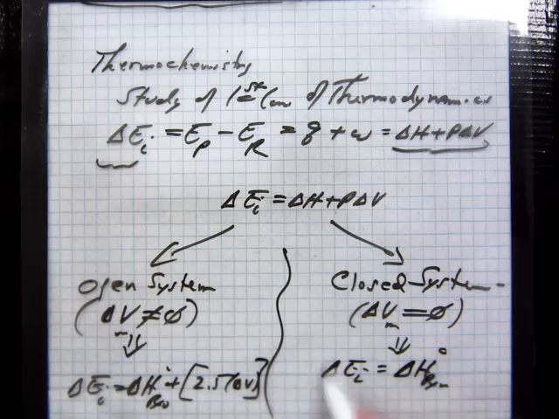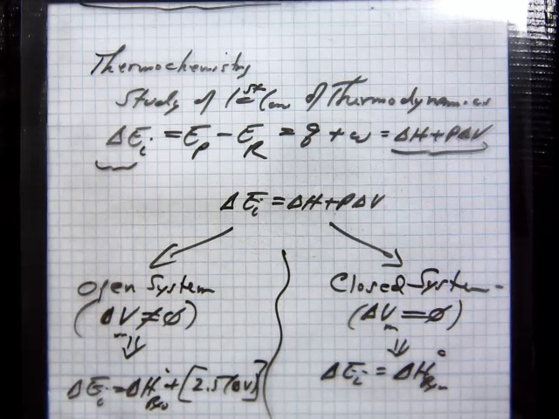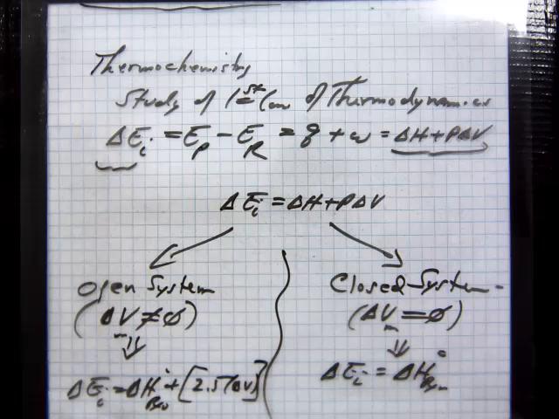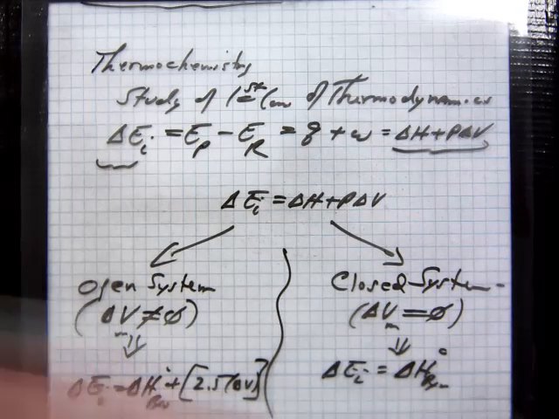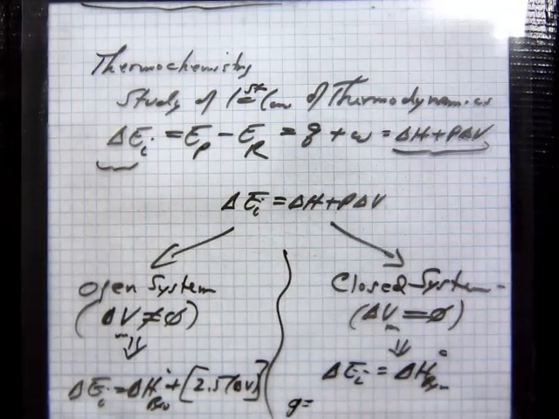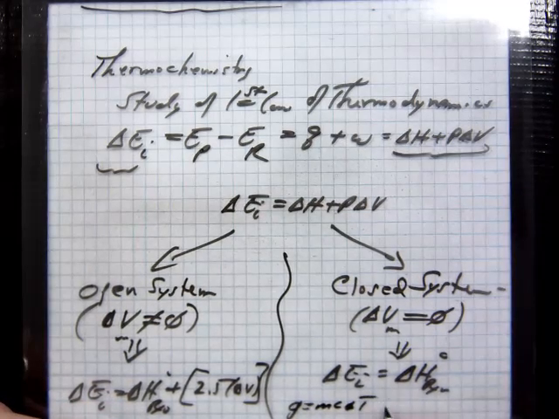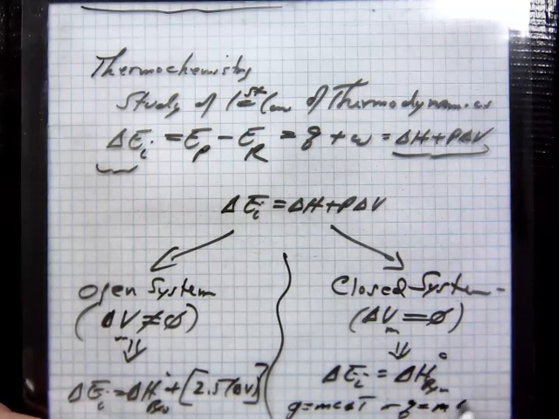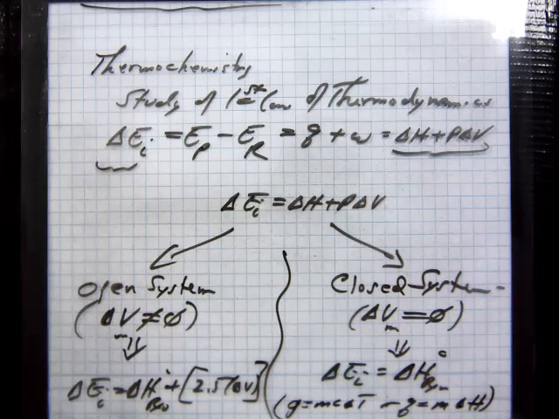Well, this embodies those three areas that we talked about. If the molar volumes are equal on the reactant and product side, you've got a closed system. If you're working with a bomb calorimeter, you've got a closed system. And if you're working with solution phase reactions, which was the last several problems, you've got a closed system. And those are MC delta T problems and M delta H problems. So over here, you have Q equals MC delta T or Q equals M delta H problems.